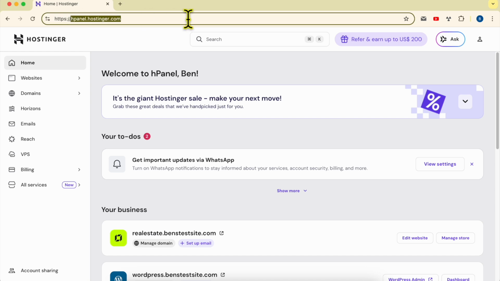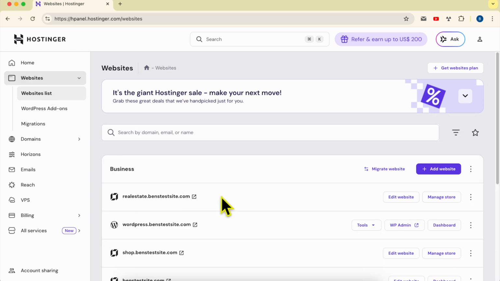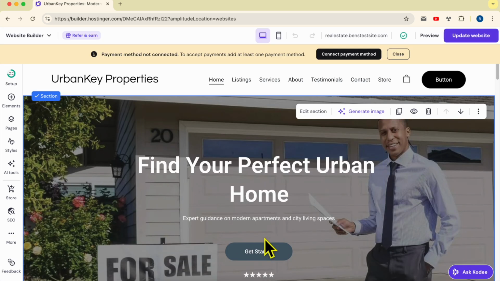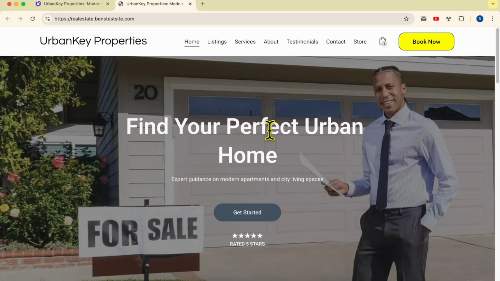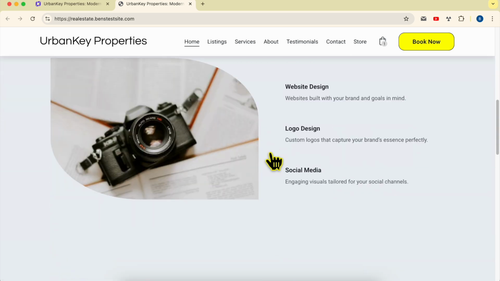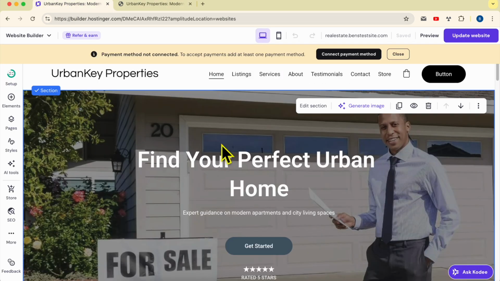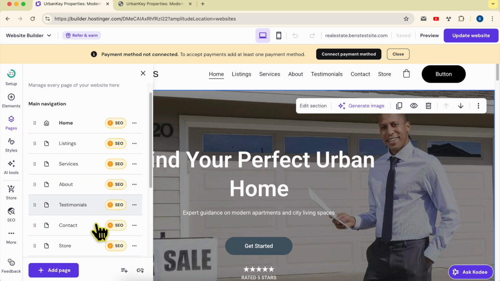First, go to hpanel.hostinger.com, log into your Hostinger account and go to Websites. Next to the website that you want to change the homepage for, click on Edit Website. This is my website in Hostinger Website Builder, and first let's give it a visit. This is the current home page, and to change it, it's simple. Just go to the website builder, go to Pages, and here let's say I want to make this About page